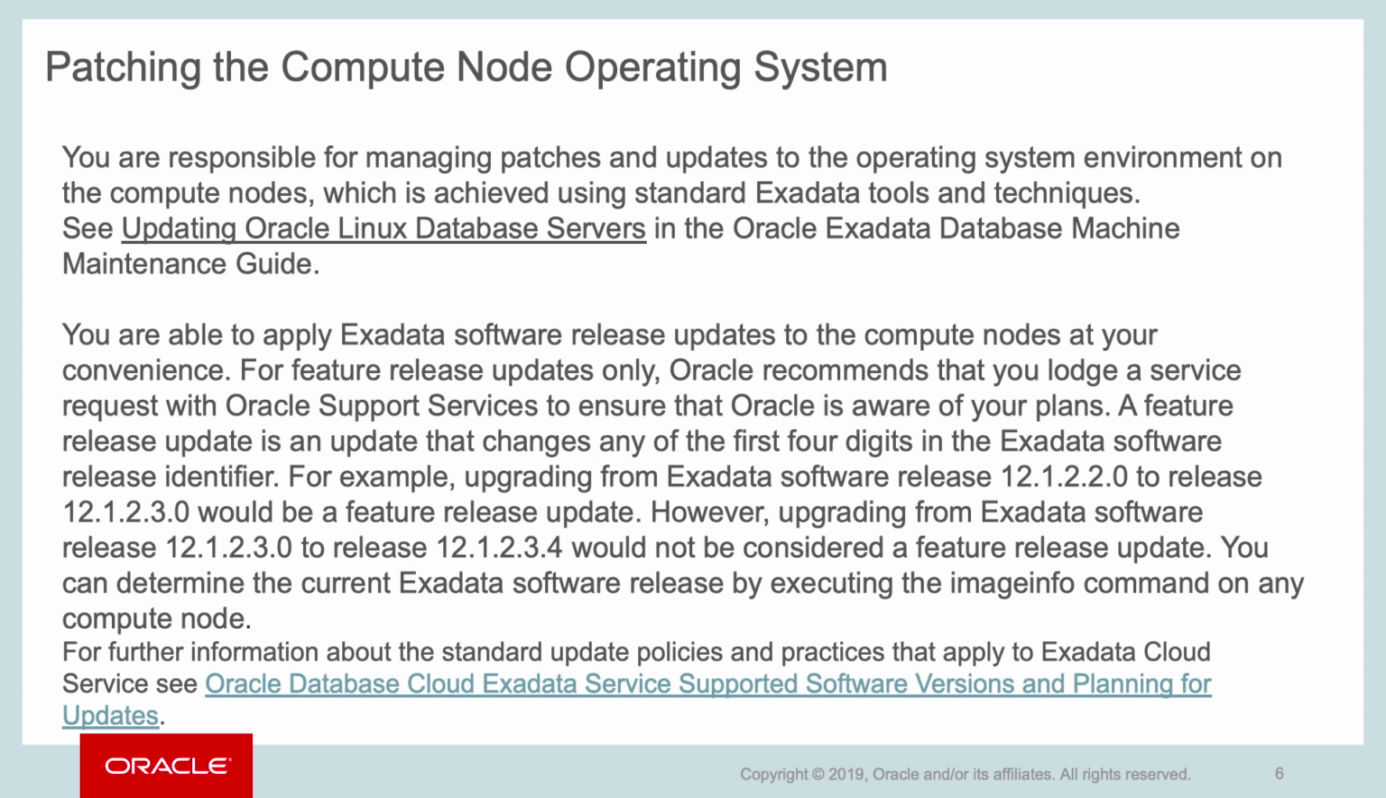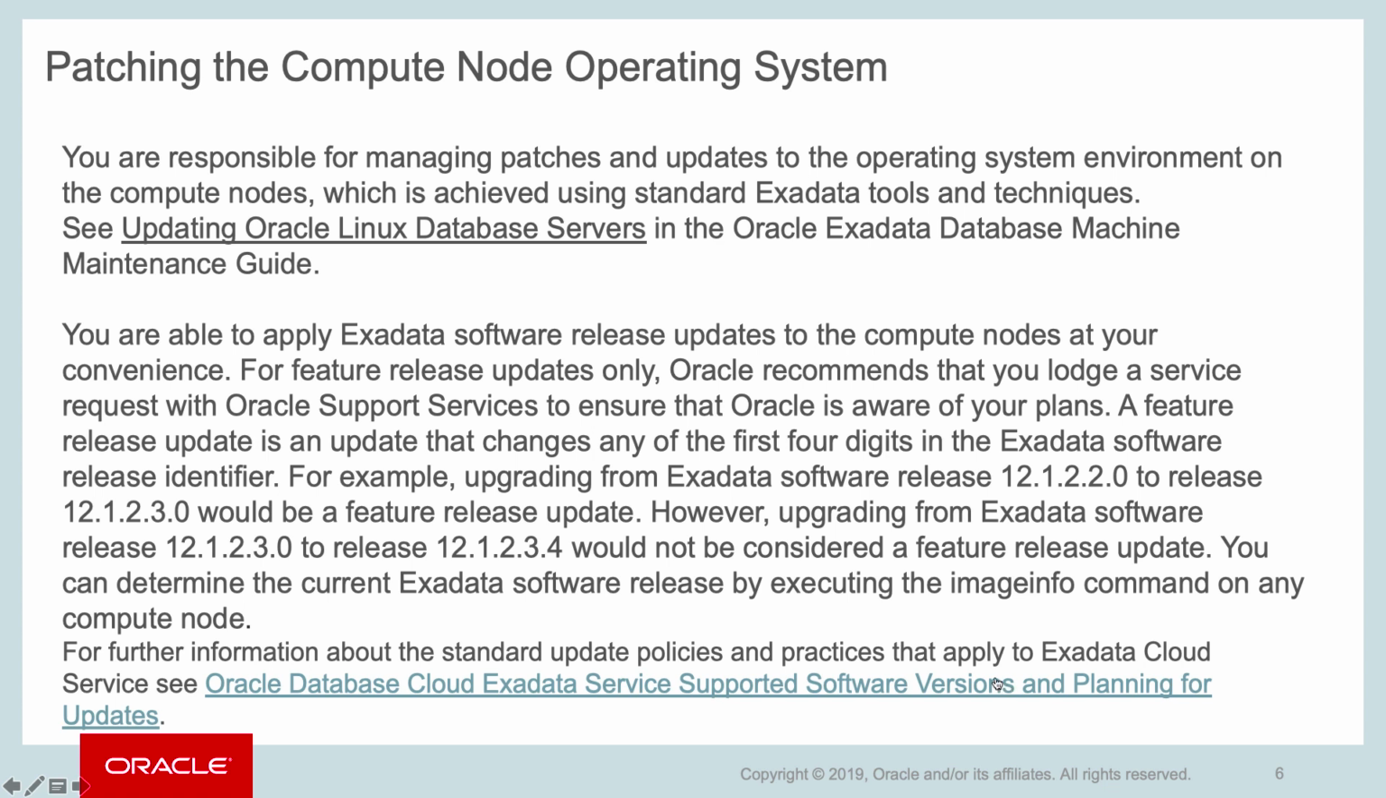But if you want to upgrade the software release 12.12.30 to 12.12.34, that is not considered a feature release update. You can determine the current Exadata software release by executing the imageinfo command on any one of your compute nodes as the root user. For more information on this topic, this link outlines the steps needed in order to update